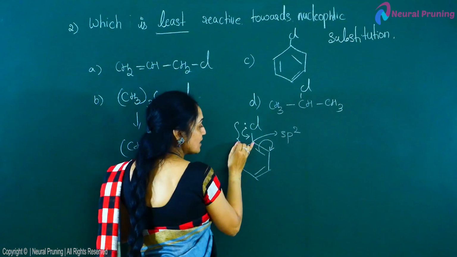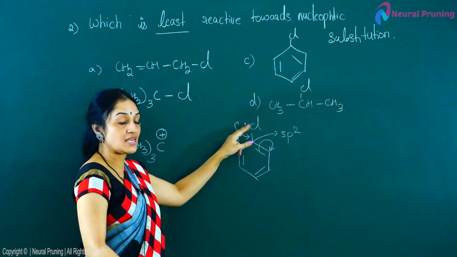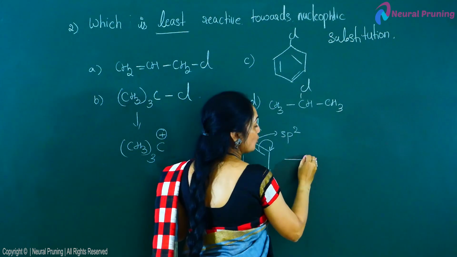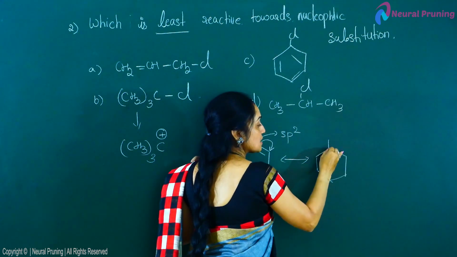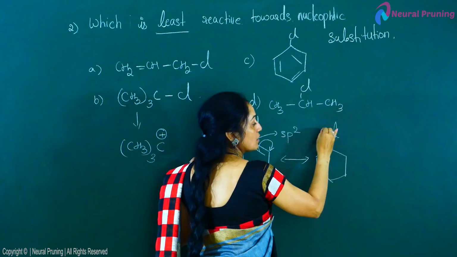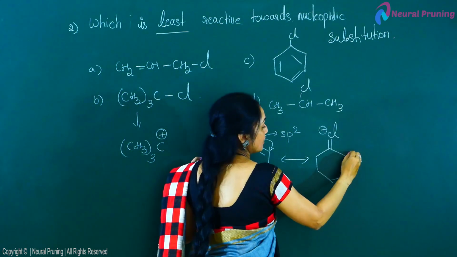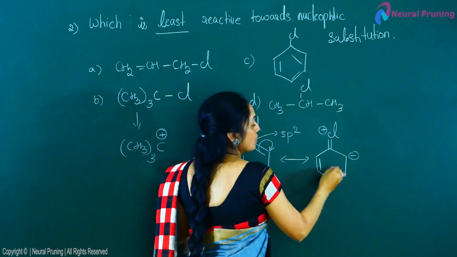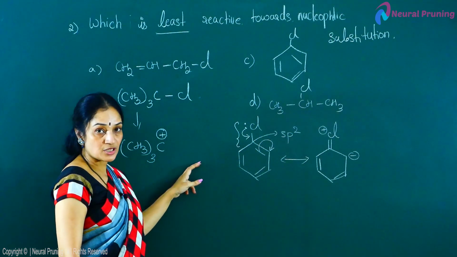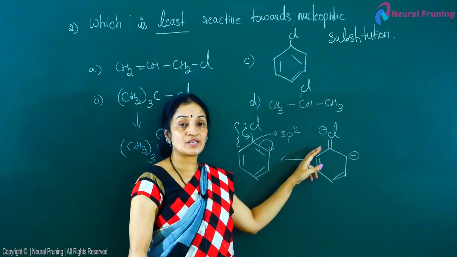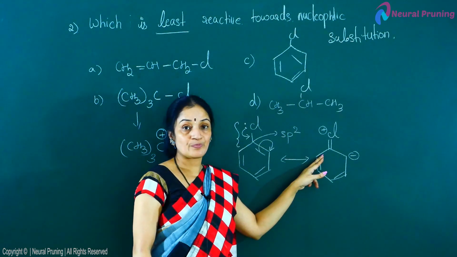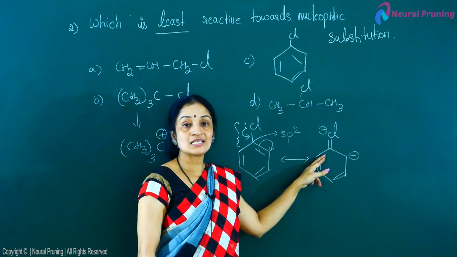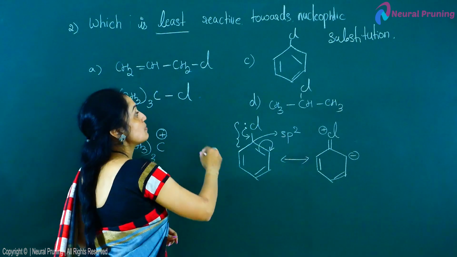Moreover, when the lone pair of electrons is shifted, the bond between the carbon and Cl develops a double bond, right? And then we have a negative charge here and two alternate double bonds. Since there is a formation of a double bond, it is very difficult to break the bond. So it will be least reactive. So the option would be